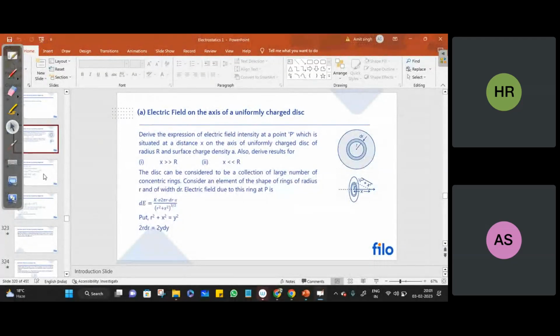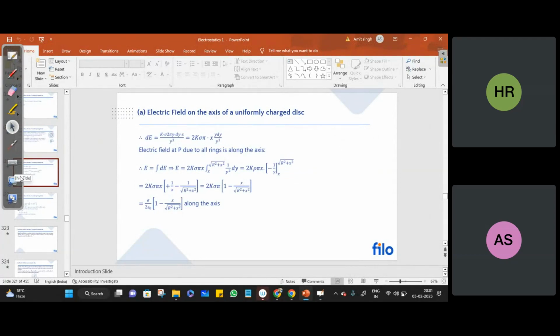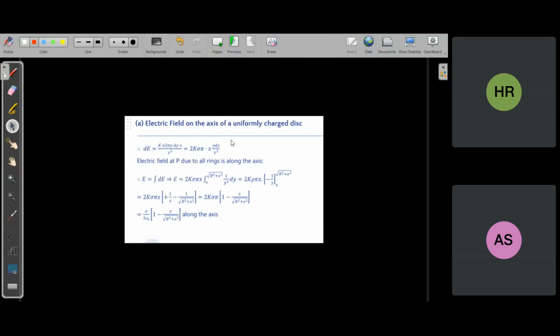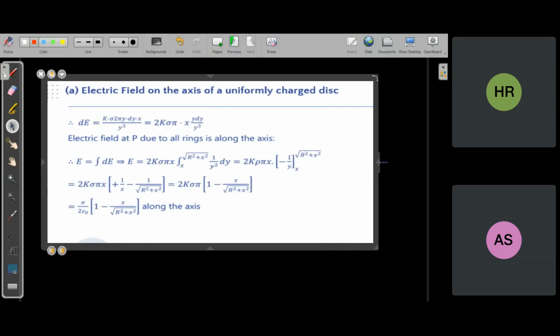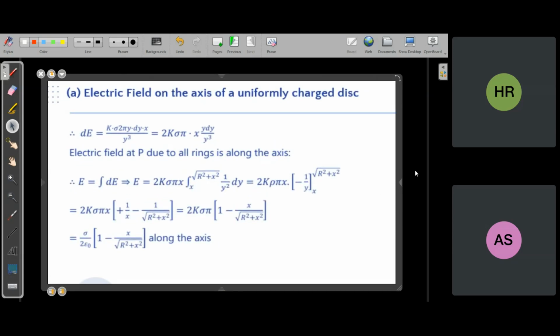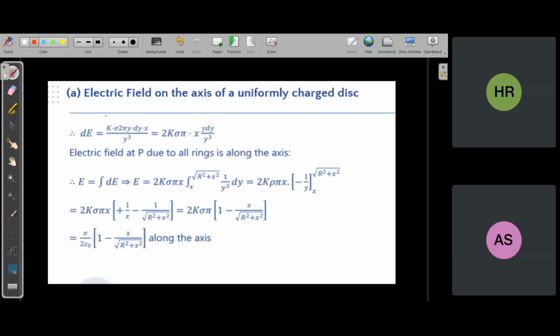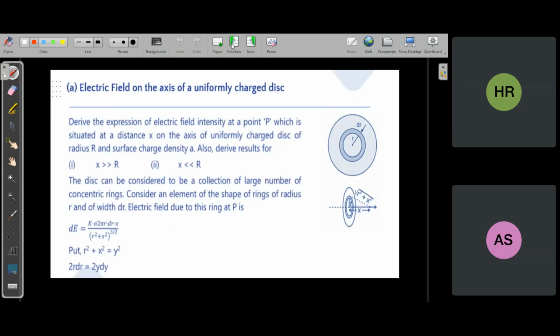So the idea is same. Every time you choose an element, because of the element you find the electric field dE, and then you integrate within proper limit to get the total electric field. So here dE is directly you will use the formula of electric field due to a ring, because the element is a ring. See, this is the direct formula of electric field due to a ring,